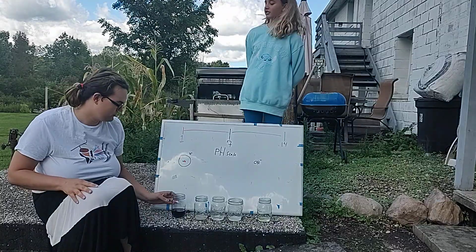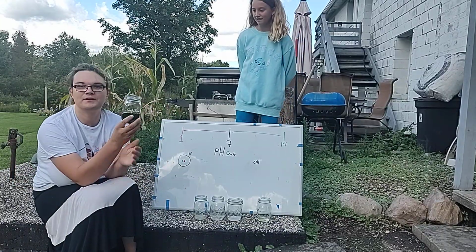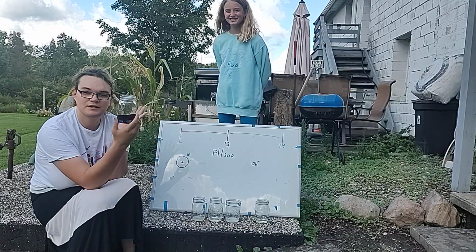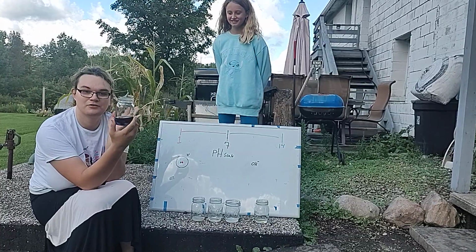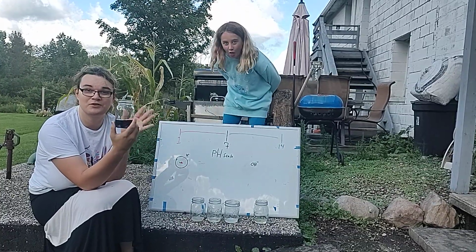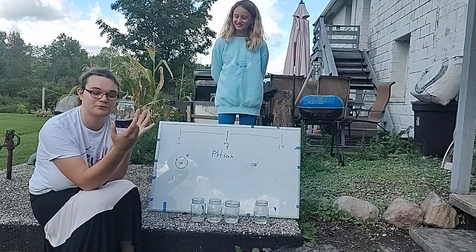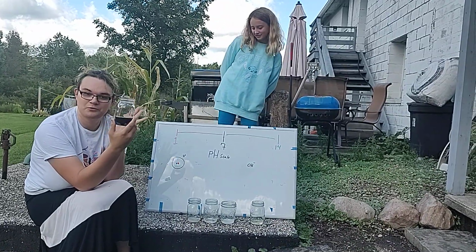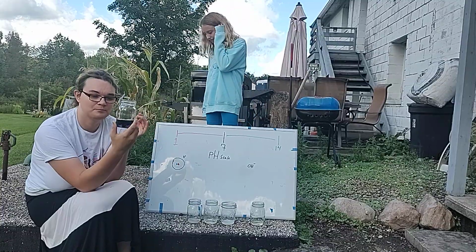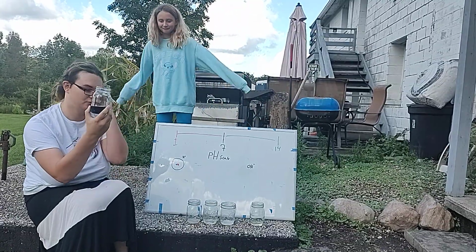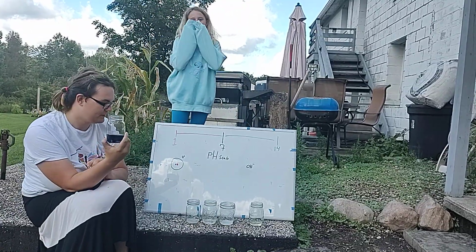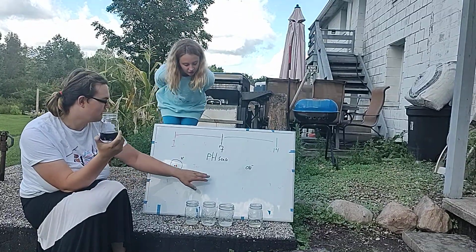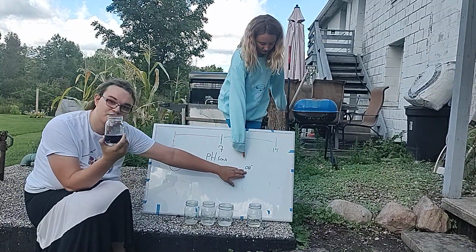To demonstrate this, we have what's called a pH indicator. This bluish-purple liquid is cabbage juice. I got a red cabbage, and if you want to do this at home, you can ask your mom, and she can absolutely help you. You get some cabbage, soak it in hot water for 10 minutes, and then you get this purplish juice. It's going to react with either the hydrogen atoms or the hydroxide atoms,